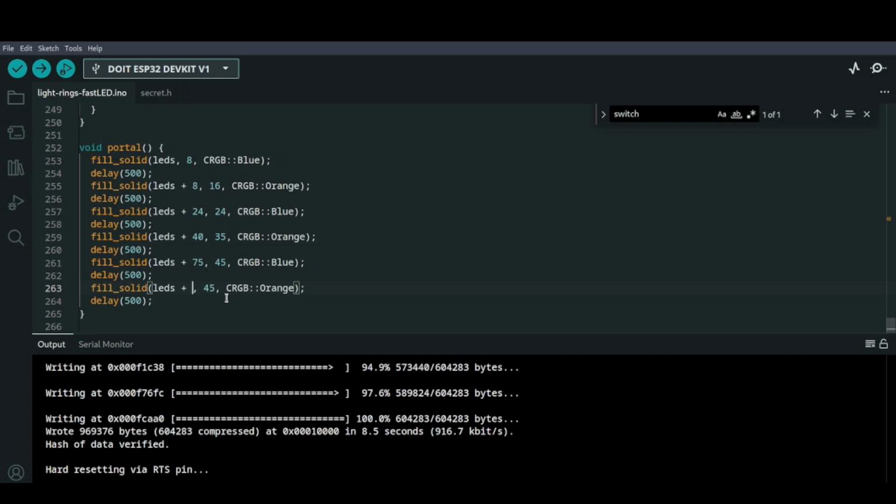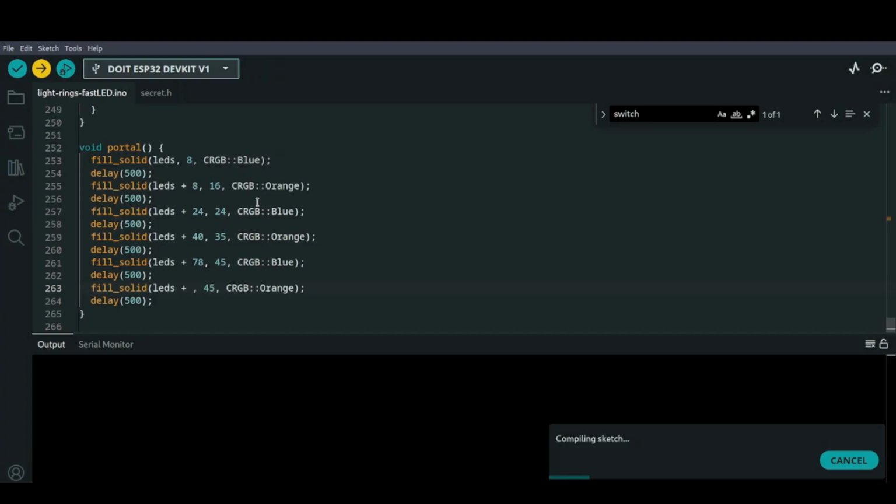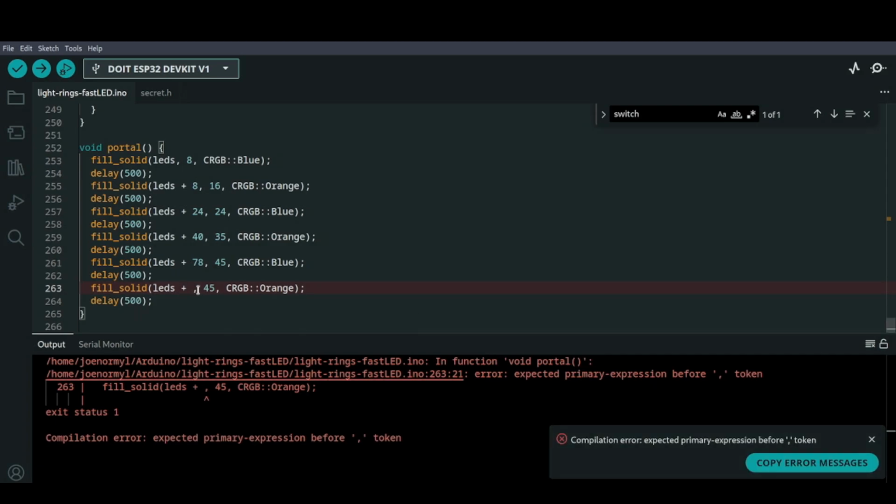So I should end up with 128 minus 45, which is 75. That's perfect. Is it? I don't know. 78. Let's see how far we are. Oh, we're gonna get, yep. Let's go 128.